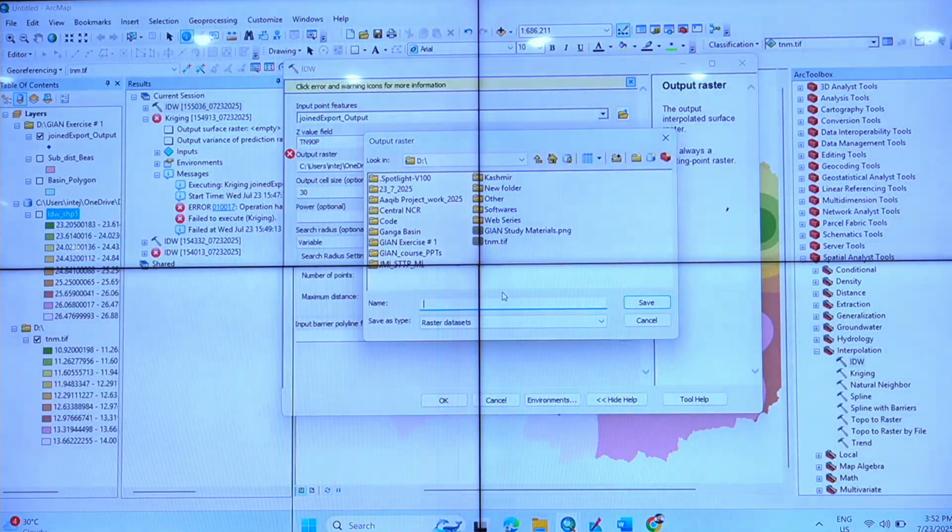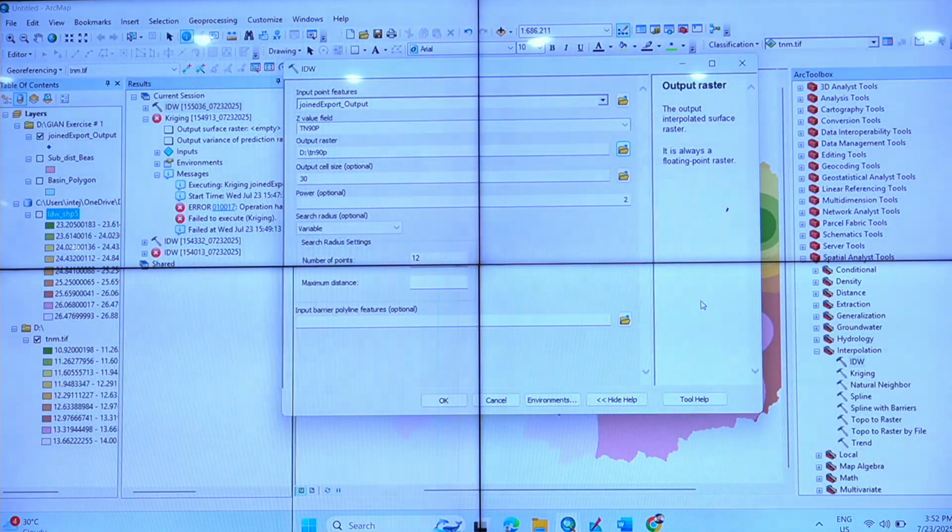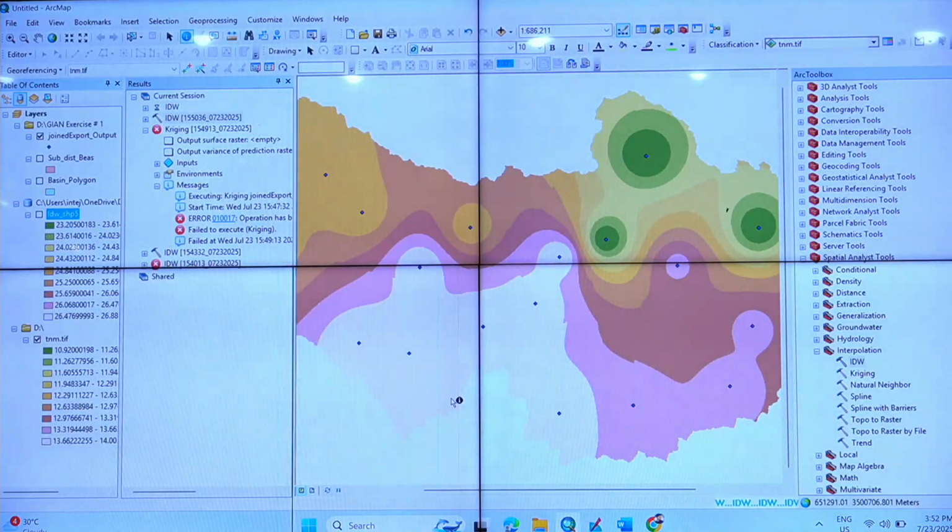I was going on that. You change the output. What is this layer? TN90P. TN90P. Right? Oh, sorry. No problem, we do it here, it is the same thing. Dot tif. We can do it here. Okay? This is what I am saying, the devil says do it fast, do it wrong. Rest you do not have to do anything. Say okay. So this will save a lot of time. If you do say 20 layers, 30 layers, you can save a good amount of time. But first time you have to do it that way. Right? I hope it should work.